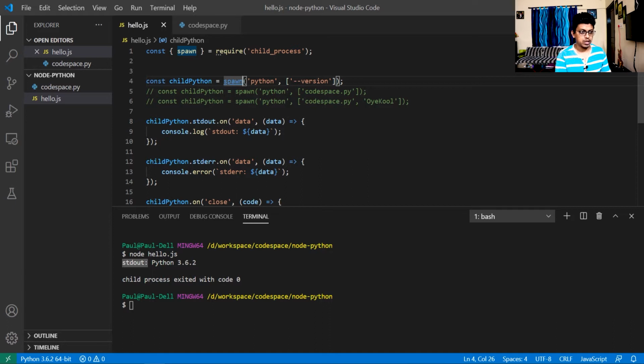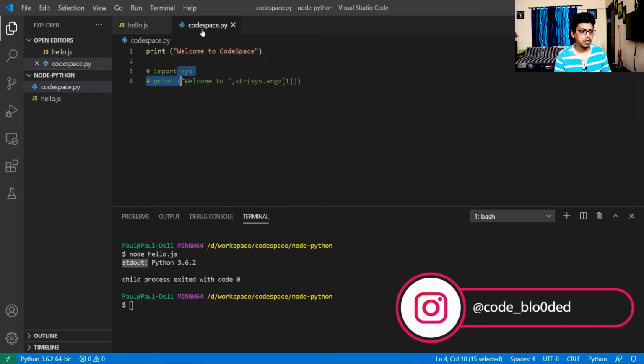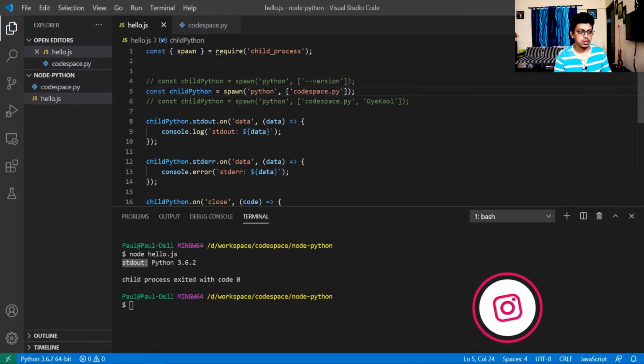I will just comment it out and call our codespace.py, which is a Python script, and in that we will just print welcome to codespace. Any output from codespace.py will be printed here.